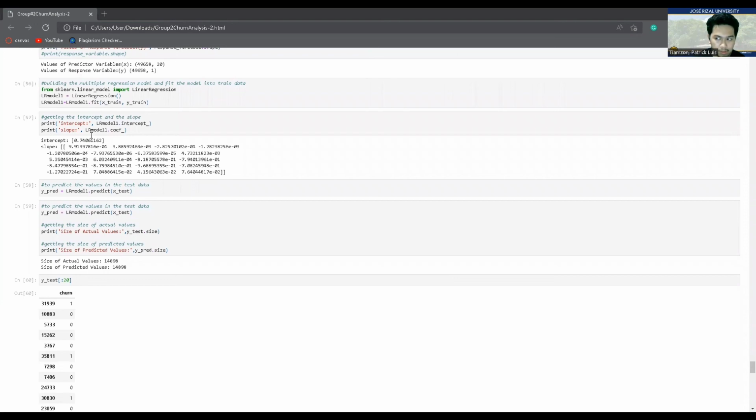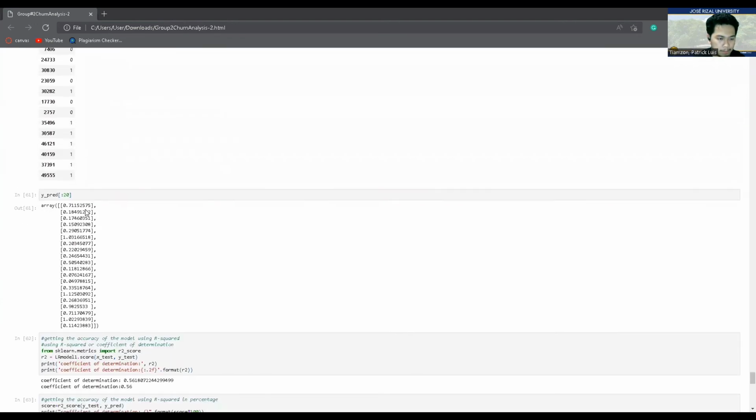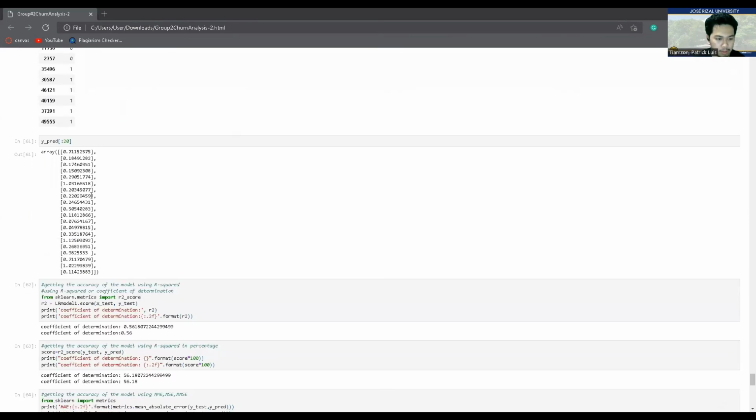If it fits the other model, then the size of actual values and the predictive values is kind of the same. So there is no problem with that.